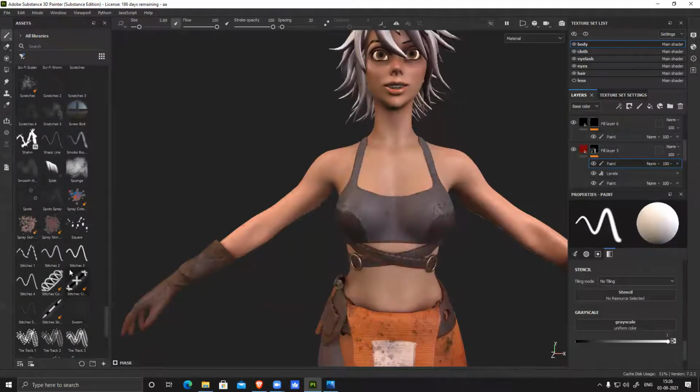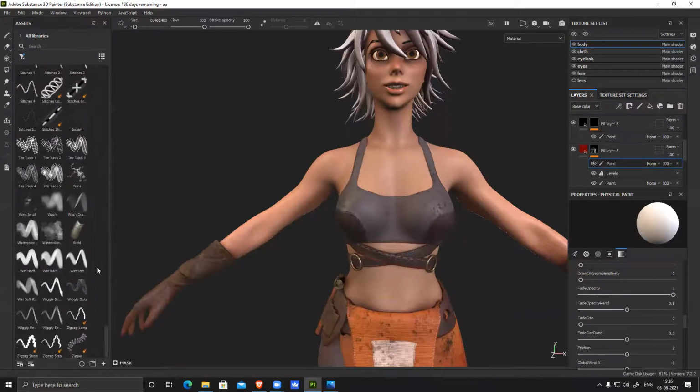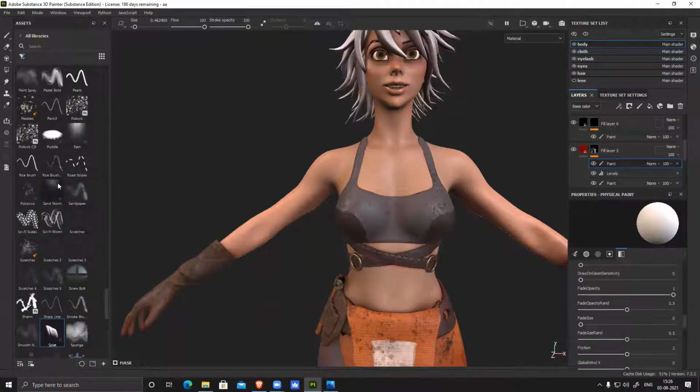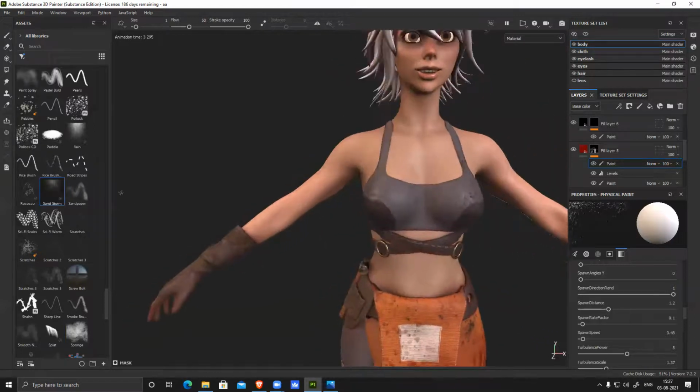Let's generate something. Few things here. Splat. Let's see how it works. Oh, not big, nice. Some random lines, rain.